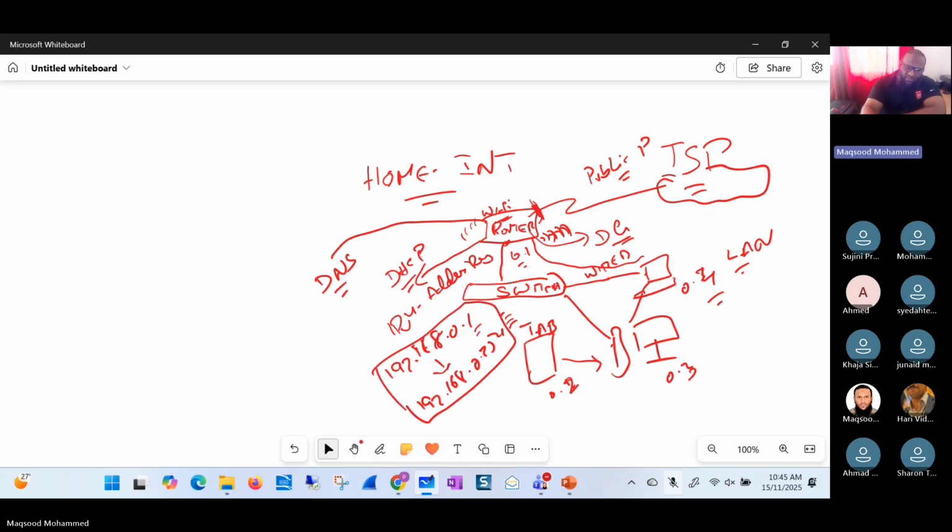So this DNS server, what it does, it doesn't maintain all that phone book. It will actually redirect it to the DNS server on the internet. So on the ISP, they will have their own DNS servers, which will do the name resolution part for you. So locally, you will have DNS on your router, and on the internet, your ISPs will have their own DNS servers. So if you just look at this very small, simple example of a home internet connection, look at how many technologies you are interacting with. You have a router, you have a DNS server, a DHCP server, you have something called a default gateway, you have NAT happening